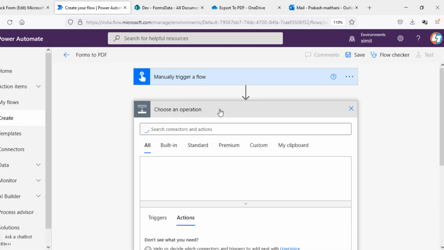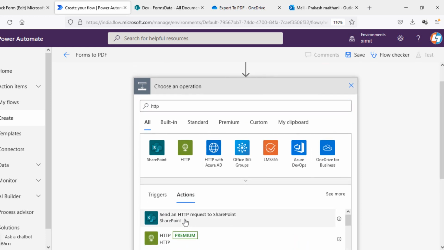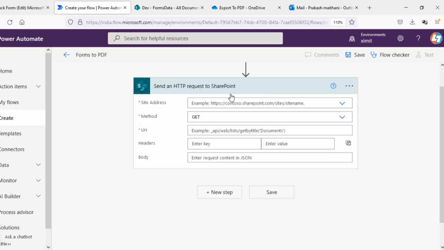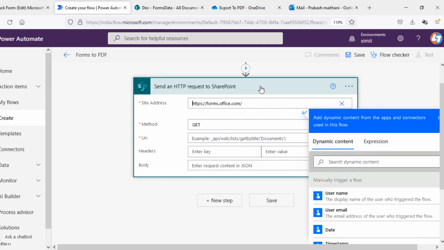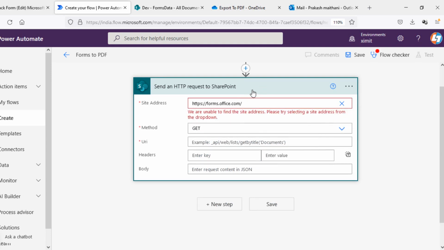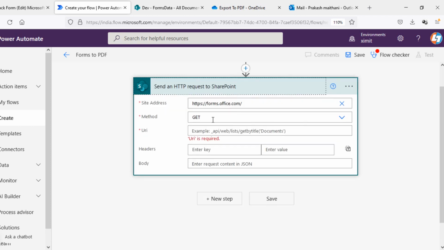And the next step will be we'll have to download the Excel file from Forms API, send HTTP request to SharePoint, and the site address will be enter custom value, paste address, scroll up, scroll down, method will be get, and in the URI section